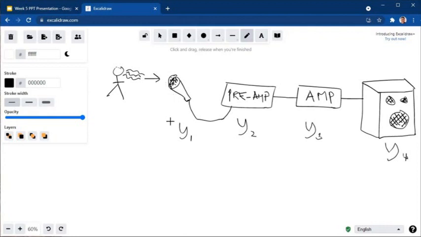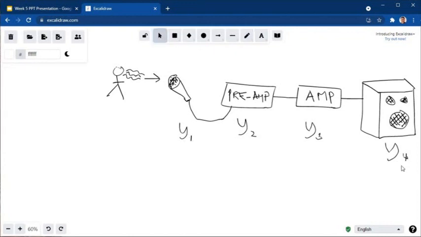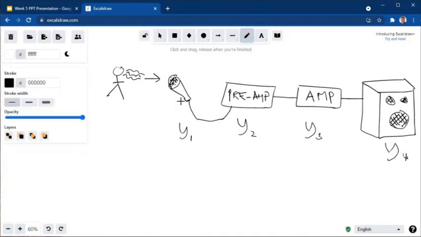Should we include the person? I don't think we should include the person. The electronics starts with the microphone. So microphone will be Y sub 1. This is an acoustic signal hitting the